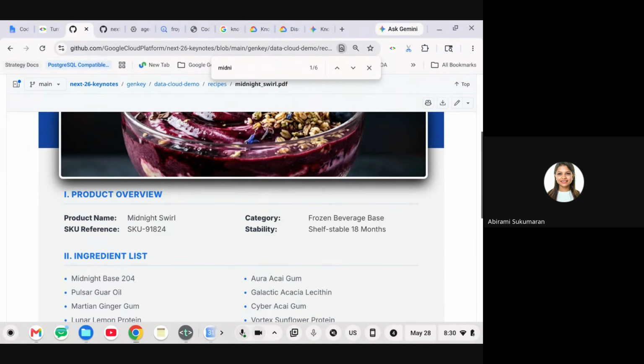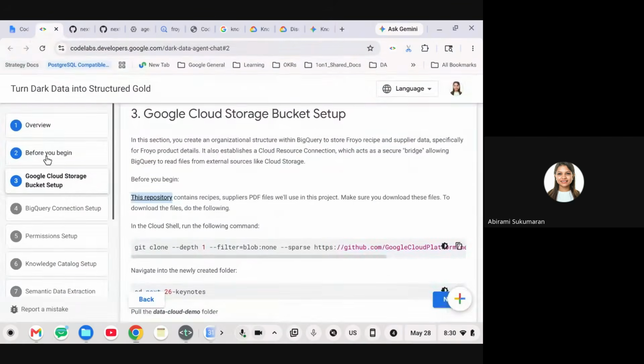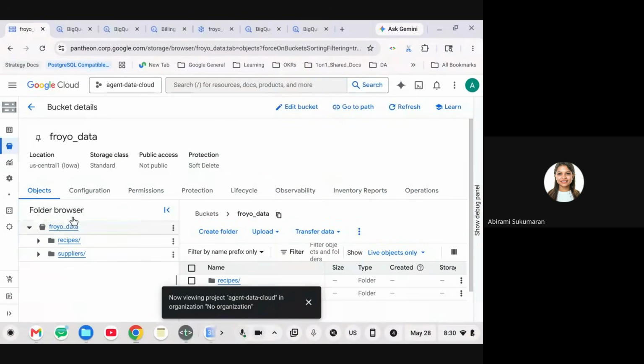That's exactly why we need semantic inference, or a knowledge catalog kind of purpose. Now, the knowledge catalog is capable of a lot of things. This is just one example of how you can transform your unstructured data into structured referential information. All right, so now we've seen what this repository contains. I'm taking all of these 400 files from both of these folders, and I'm creating a cloud storage bucket here.